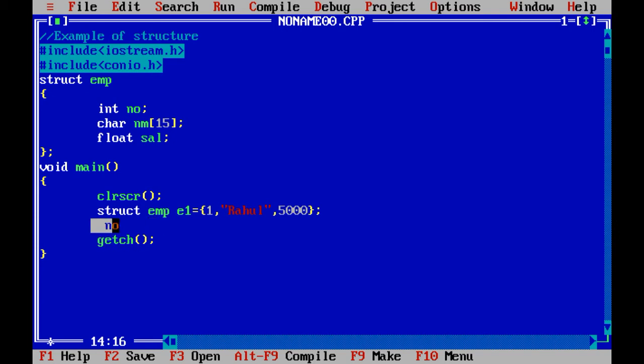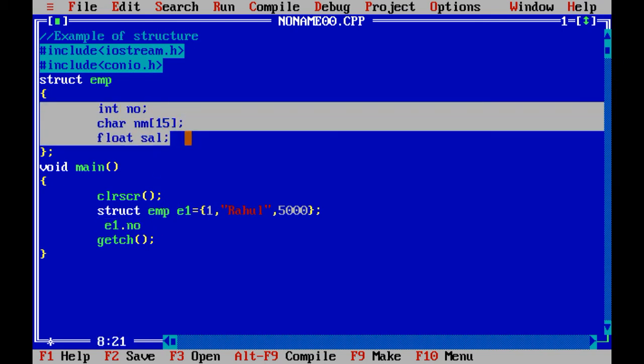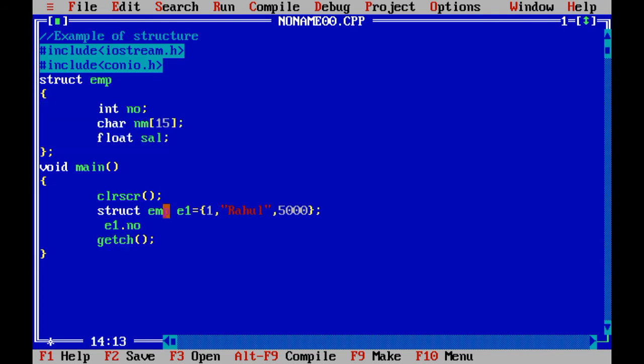To access the values stored inside the number variable, you just need to declare it with e1.number. So keep in mind that I cannot access number, name and salary variables directly outside that structure. Instead, I just need to create the variable of that particular structure, and after creating it, I am able to access e1.number, e1.name and e1.salary.